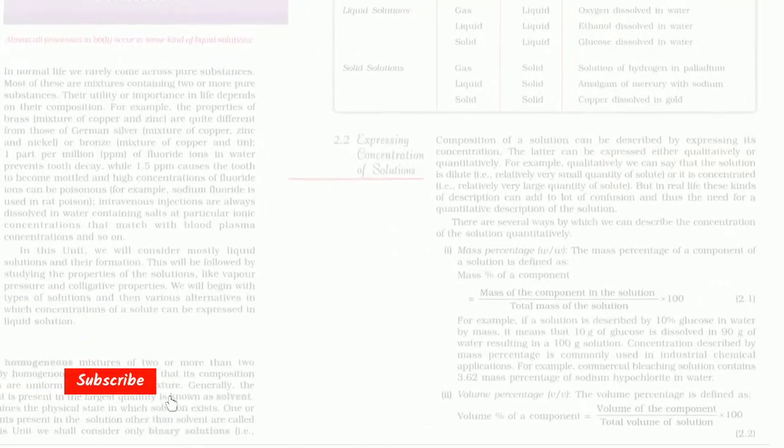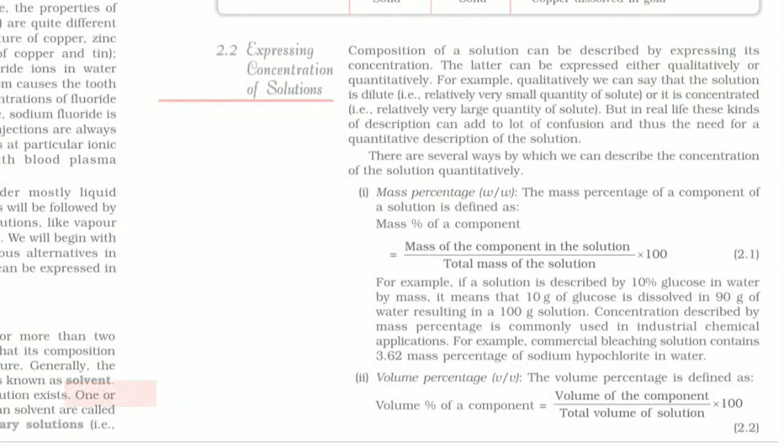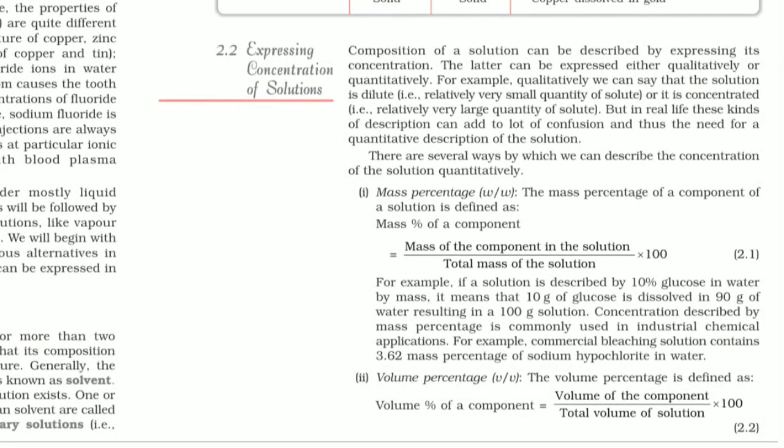Today we'll discuss the remaining expressions of concentration. First of all, we discuss the volume percentage, sometimes represented as V by V, or V by V percentage. That means volume by volume percentage. This is a measure of the concentration of the solutes present in a solution in terms of